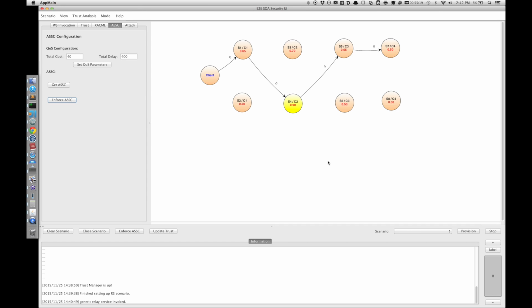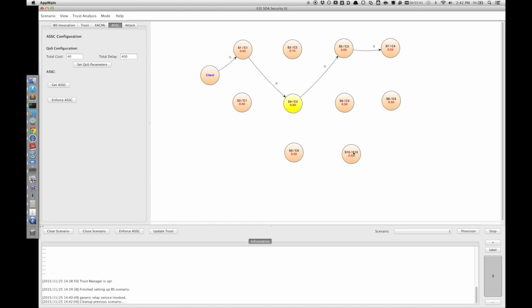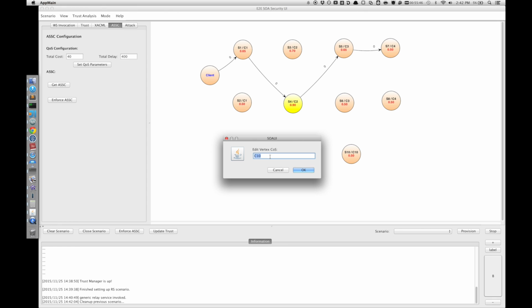Another interesting aspect of this UI is that we can stop the current provisioning. We can insert some new services. For example, I will insert 2 new services, one in category 2. Let's change the class of service to C2, and I will add another service in category 3,